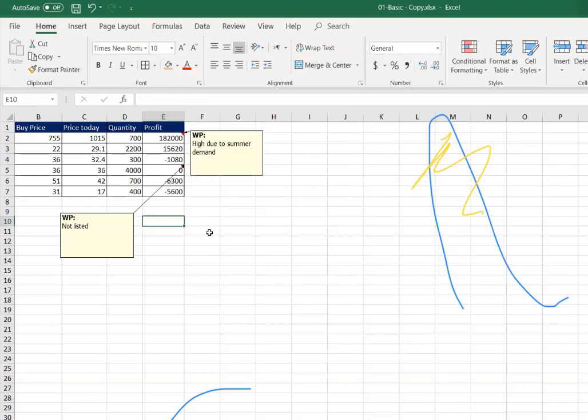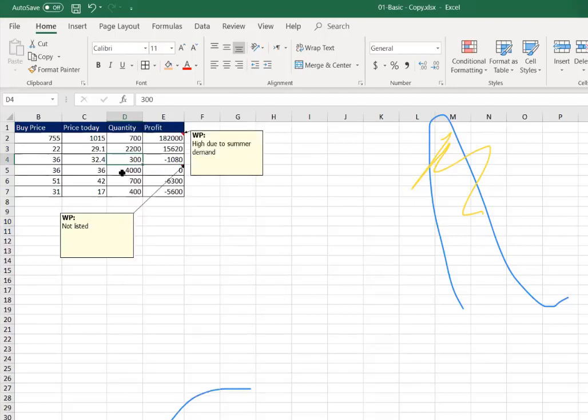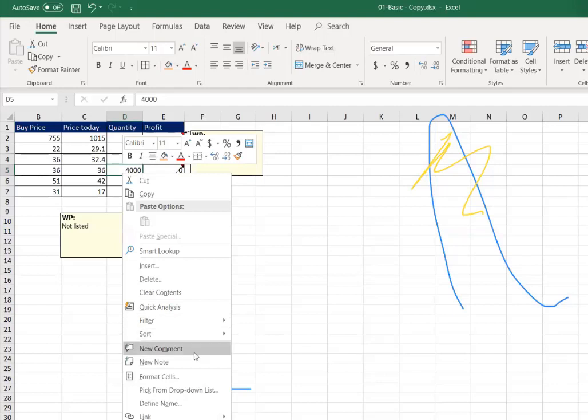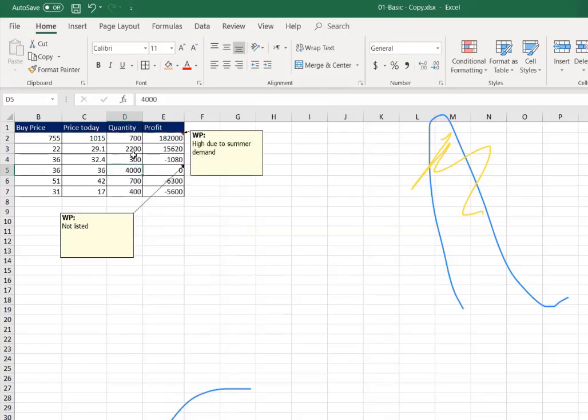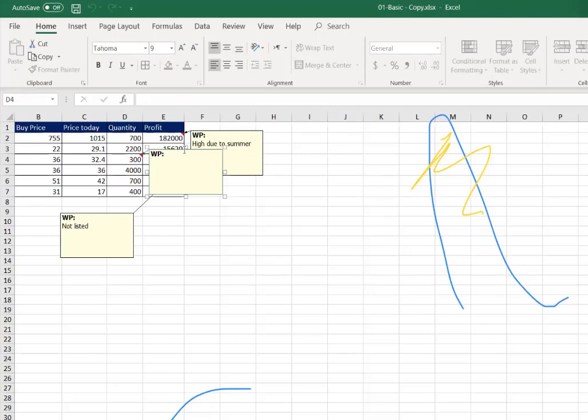Now if I want to put a comment, you can just right click here. See, if you are on an older version, this is a comment. Even in a newer version, if it is Office 365, it is a note actually. A comment is like a note. The actual comment in the newer version is like a posting. You can right click and insert a new note and you can keep it wherever you want.